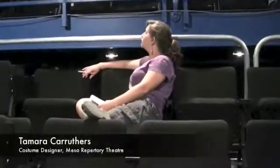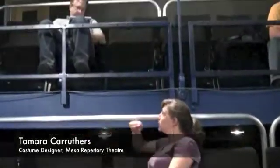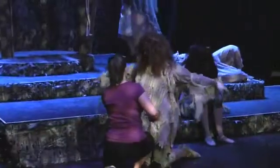So I have them all ready to go in the right order, and I also color code things for the boys depending on who gets what microphone and who has what water bottle, because we don't want the germs flying. This year, we were able to bring in Tamara Carruthers as our guest costume designer from the Creed Repertory